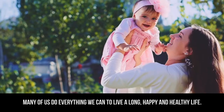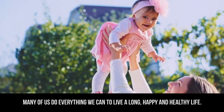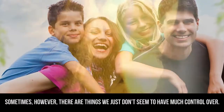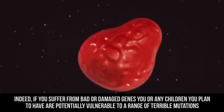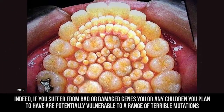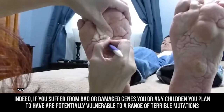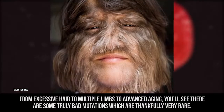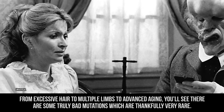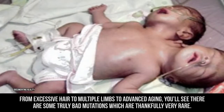Many of us do everything we can to live a long, happy, and healthy life. Sometimes, however, there are things we just don't seem to have much control over. Indeed, if you suffer from bad or damaged genes, you or any children you plan to have are potentially vulnerable to a range of terrible mutations. From excessive hair to multiple limbs to advanced aging, you'll see there are some truly bad mutations, which are thankfully